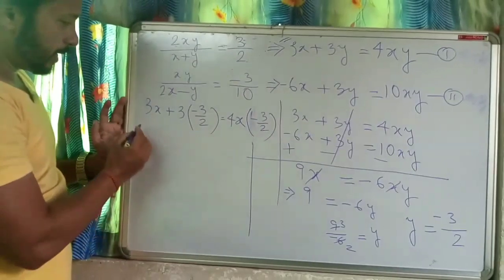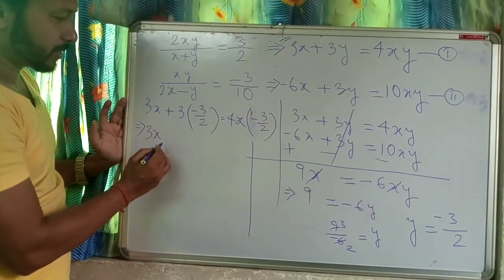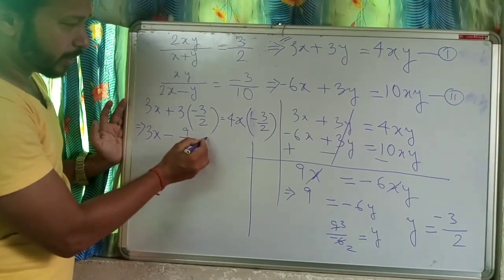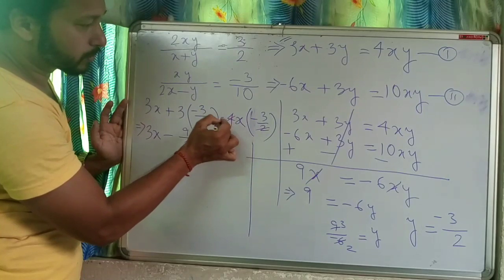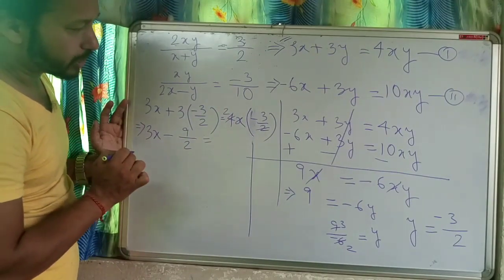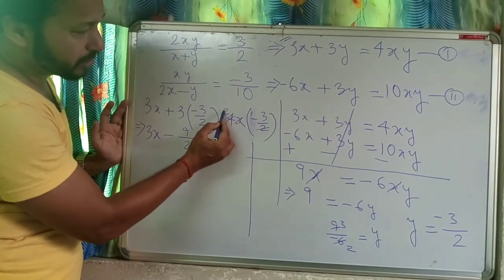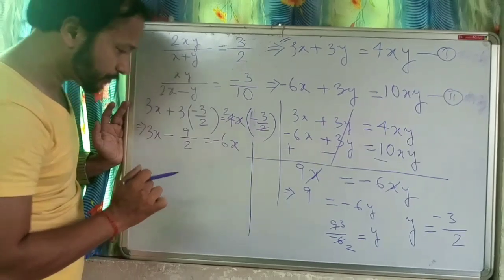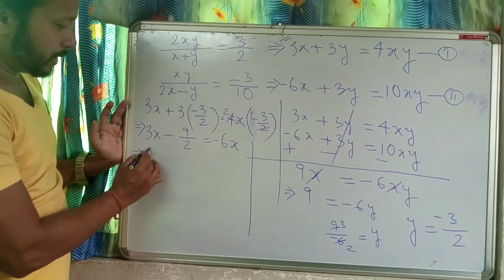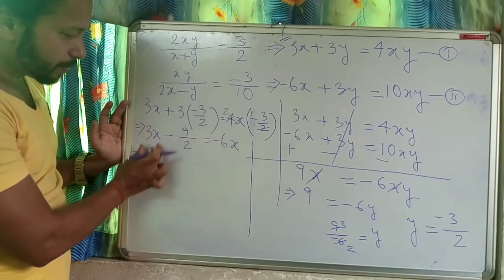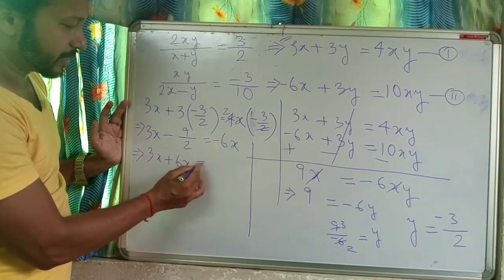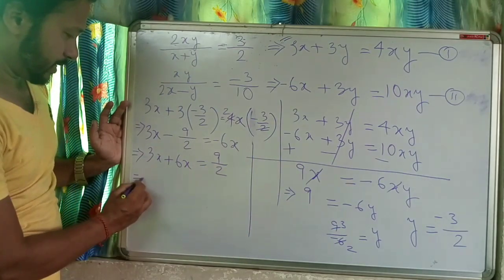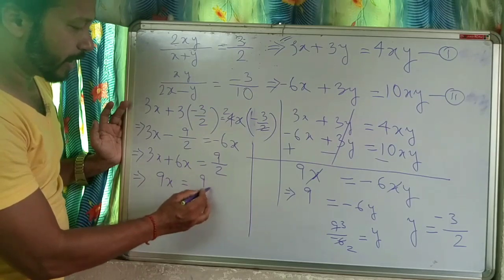Yes. Let us continue it. 3x plus minus 3 3s are 9 by 2 equal to 2. We got minus 2 3s are 6x. I hope you understood this portion. Now 3x minus 6x will come this side, plus 6x, minus 9 by 2 is going there, plus 9 by 2. 9x equal to 9 by 2,